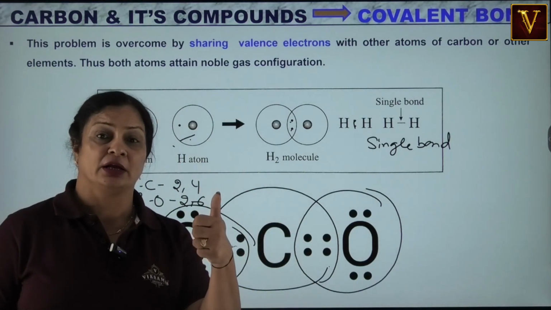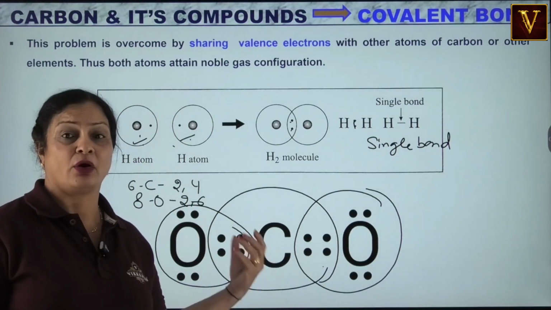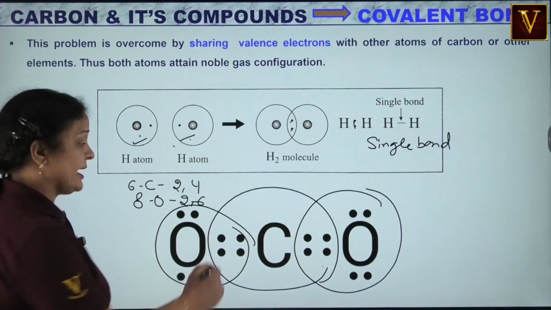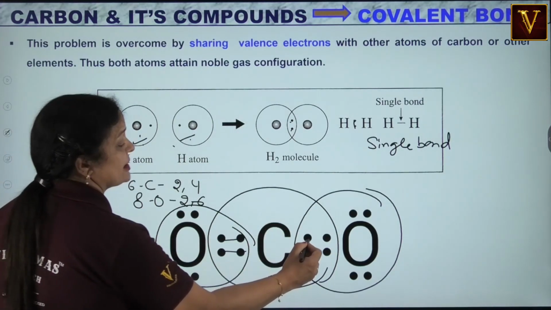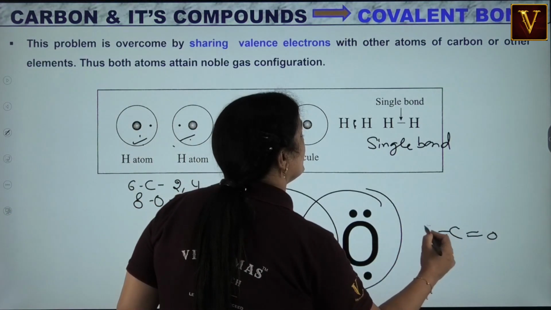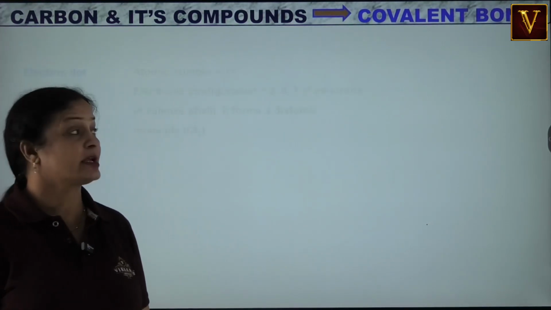also has 8. In this way, these atoms share electrons and all achieve their noble gas configuration. On both sides, they share 2 electrons. In this way, 2 double bonds form in the CO2. Yes, now we will discuss